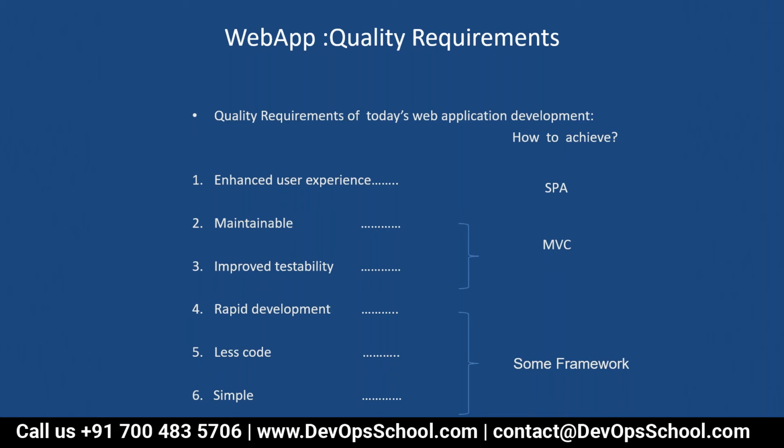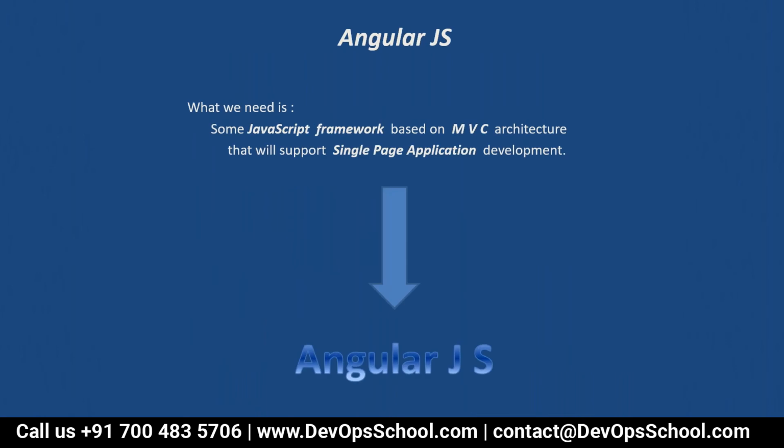So first we thought of having it in JavaScript, means rendering the dynamic view on the client side itself. So JavaScript is the only option. Then we want single page applications. We want to follow a certain architecture, and it should be developed in less time, and coding should be simplified. So that will be provided by some framework. This is nothing but, at that time, AngularJS.